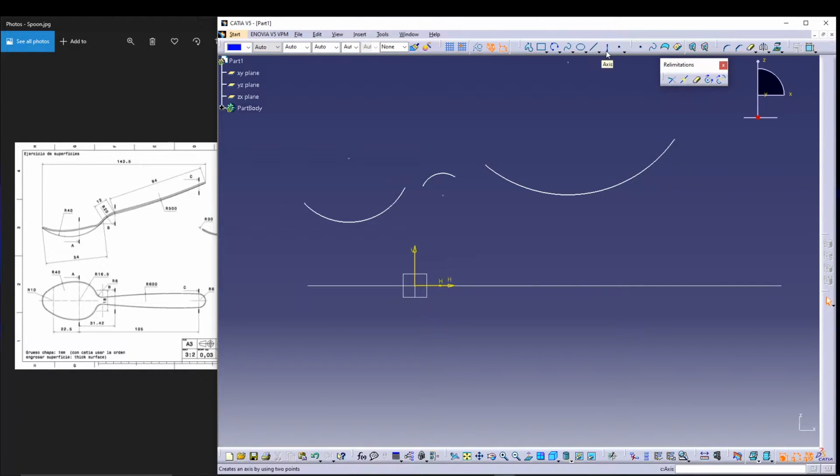Let's define some axes. I'll define one axis like this and give it a coincidence with that point. I will define one more axis and give it a coincidence with this point. Then let's give the dimensions to our arcs. We'll start with this one,